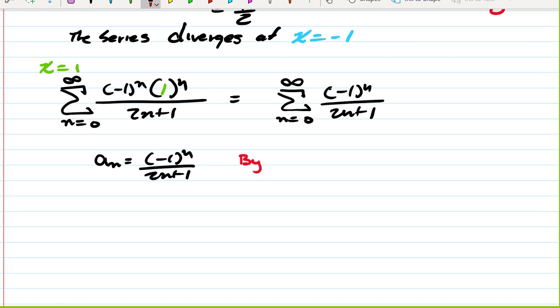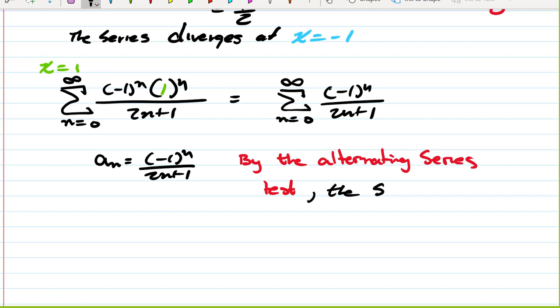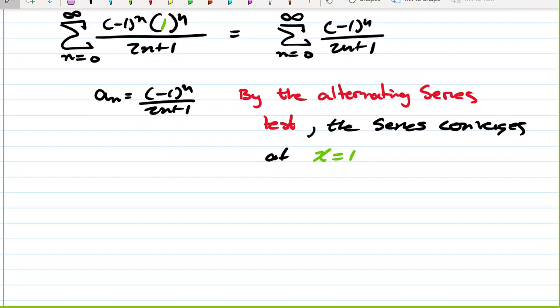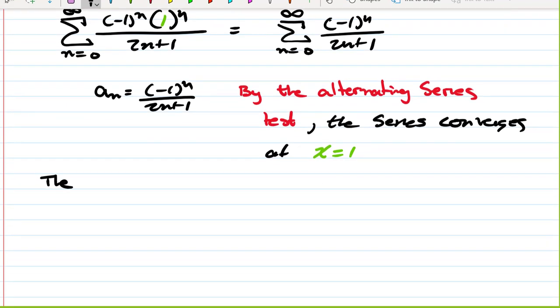So by the alternating series test, the series converges at x equals 1. So the interval of convergence